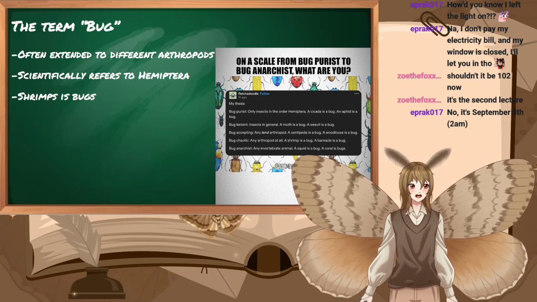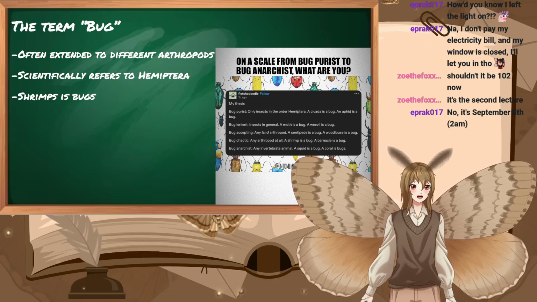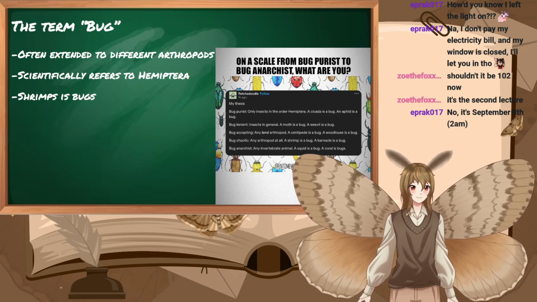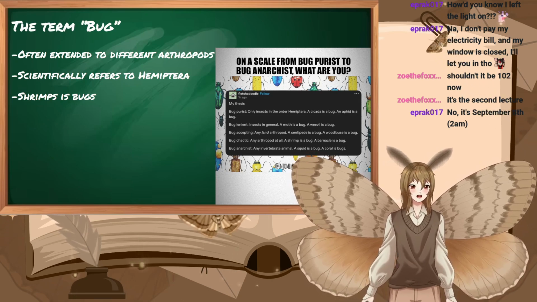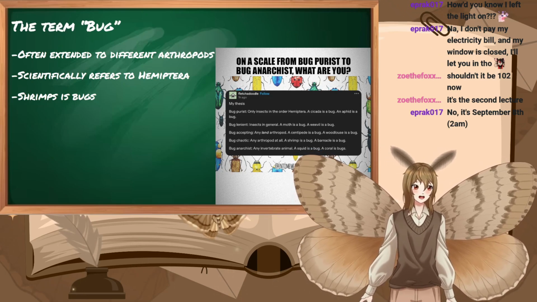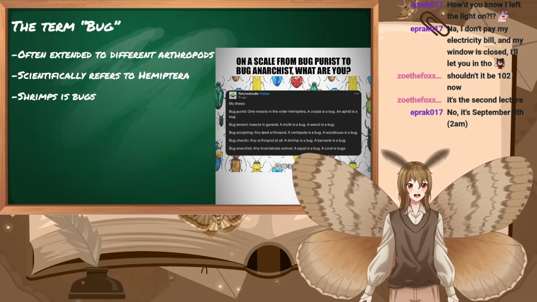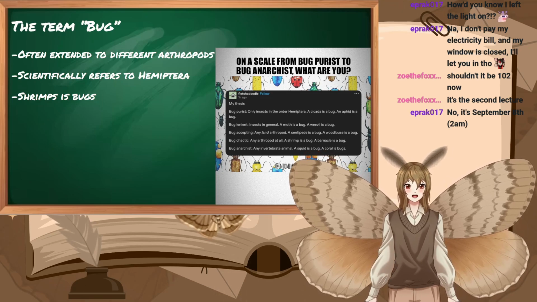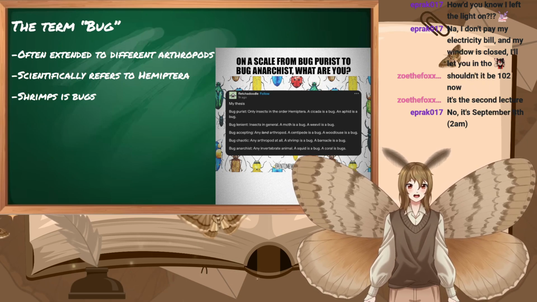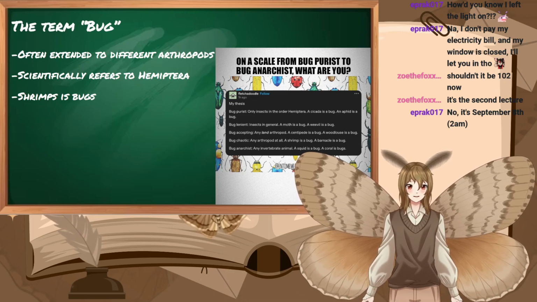Now I have a small scale on the side here, which I hope you can see somewhat. You're either a bug purist, where you only consider insects of the order Hemiptera a bug. You're a bug lenient, which means just generally an insect, which is what I fall into mostly. I do also like being a bug purist sometimes. Bug accepting is any land arthropod, so there will be a centipede, a louse, any arachnid, scorpions, potentially.